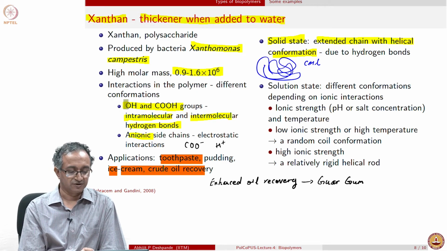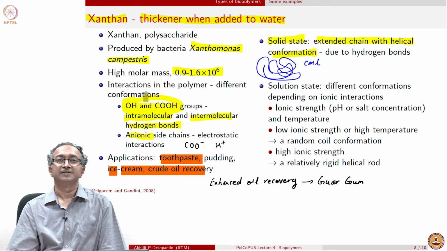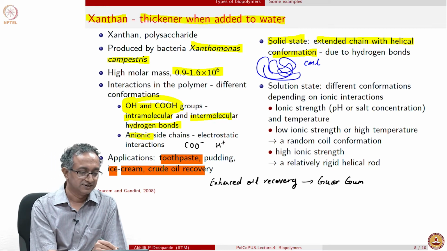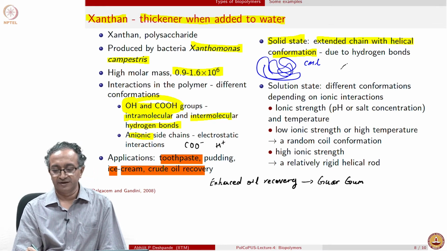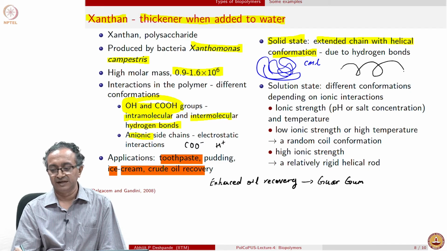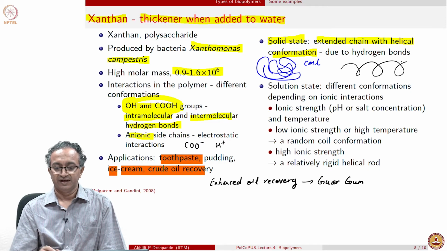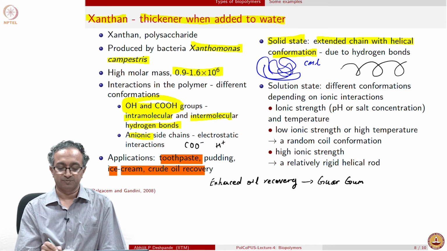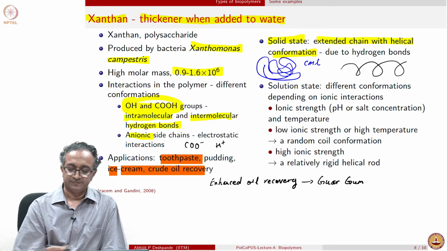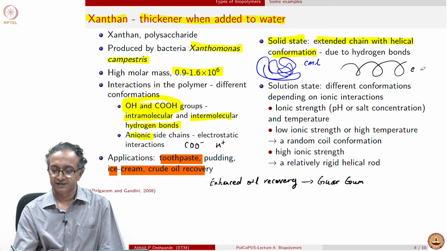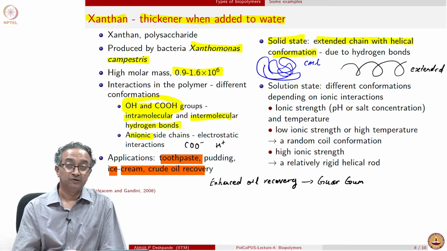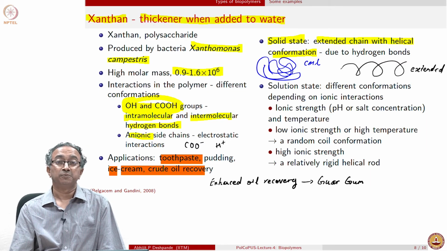Because these hydroxyl and carboxylic acid groups are there, there is extensive hydrogen bonding possible in these materials, and in the end what you end up getting is some helical structure like this, and then it is an extended chain as opposed to a coil. So, therefore, this is called an extended chain. So, now going ahead and looking at the property which is important from the point of view of application,